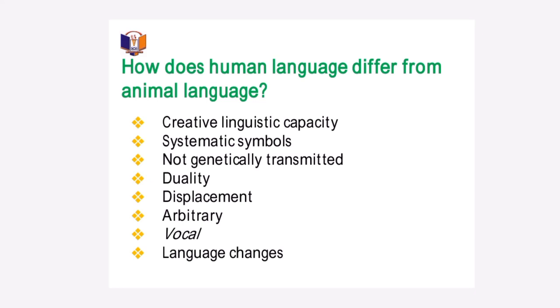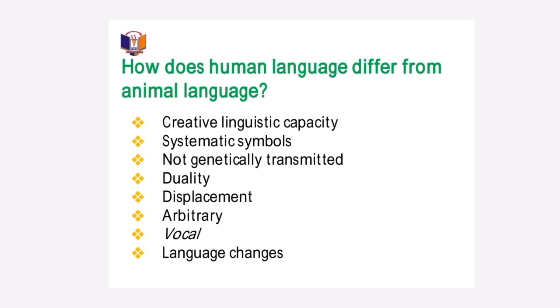Okay? So we have the ability to discuss things that are not immediately present. Human language as well is arbitrary, meaning that you can use some sounds to represent something that does not have anything to link to it. For instance, the word pen cannot in any way be likened to the object it represents. It's just that we use that arbitrary coding for that particular object which we say it stands for. Human language equally is vocal. We can express it with sounds coming from the lungs, which are then pushed out through the mouth.